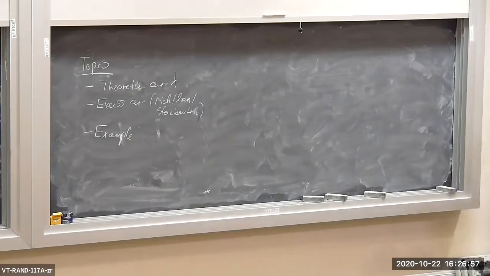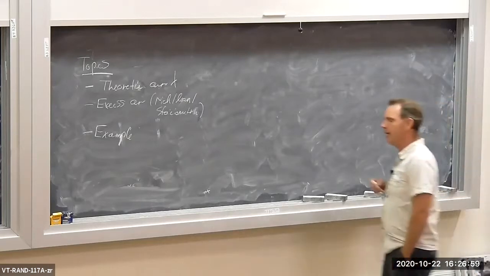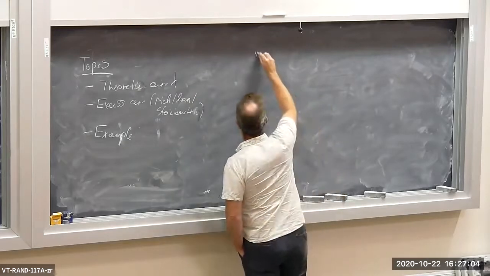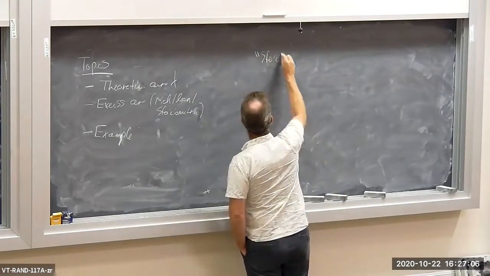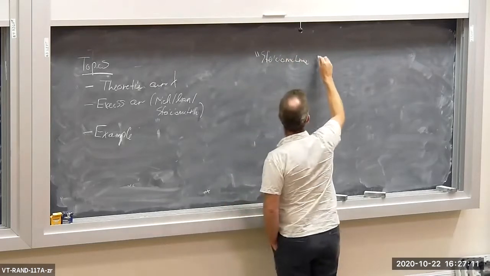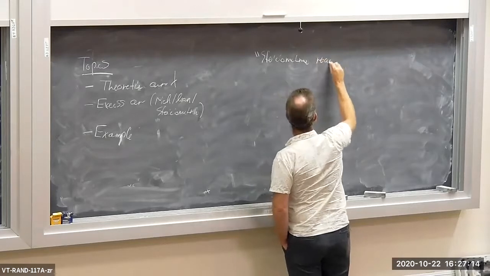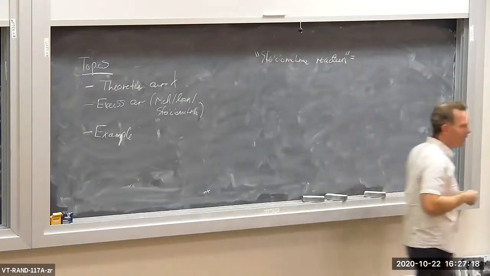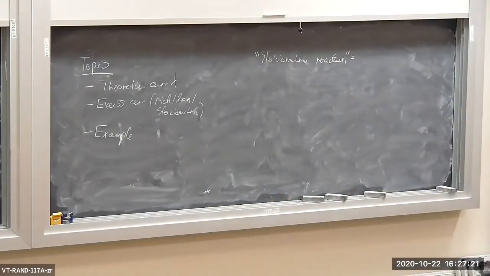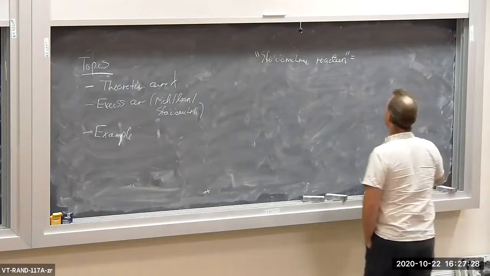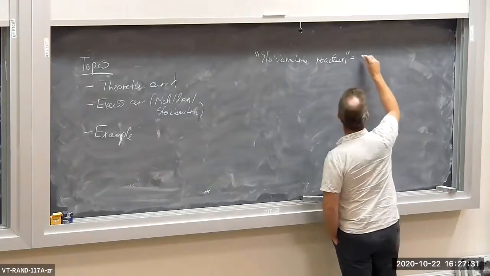Okay, so I want to define a term here, and the term is stoichiometric combustion. So what is a stoichiometric reaction? Combustion reaction is all the same. So what's a stoichiometric reaction? A stoichiometric reaction is a reaction where there is just the right proportion of oxidizer and fuel, or air and fuel. So